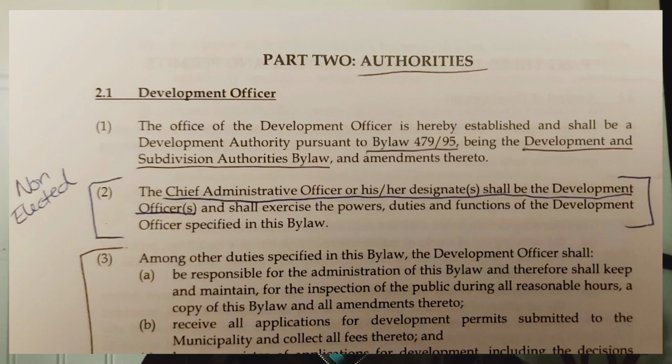One of the things that I wanted to focus on going through this quickly was part 6. I'm jumping ahead and I'll be jumping around in this thing quite a bit. But part 6, general parcel and development regulations. This is something that applies to everybody. And as I've said before, the county documents seem pretty cookie cutter across the province, which doesn't make sense because our province is so diverse in resources that this cookie cutter approach isn't going to work.